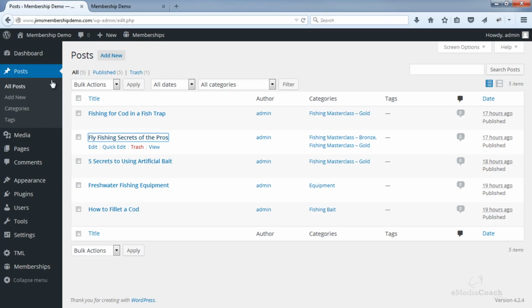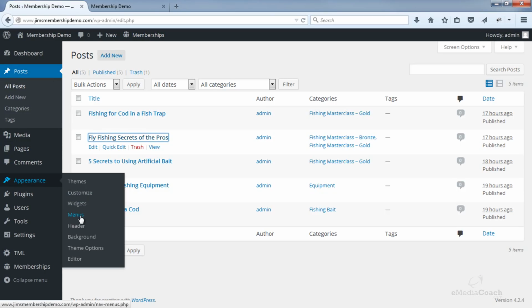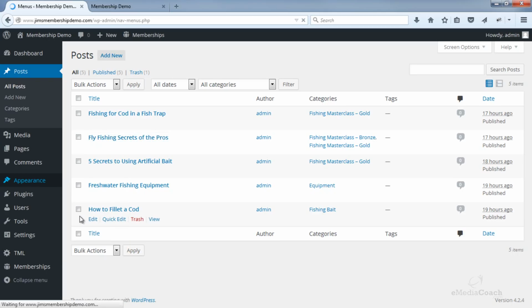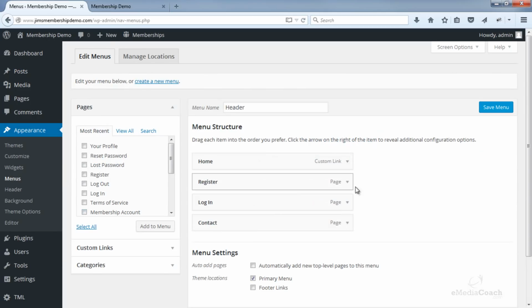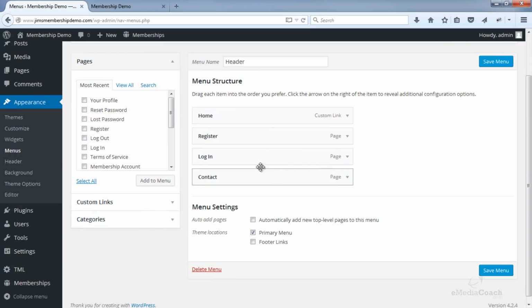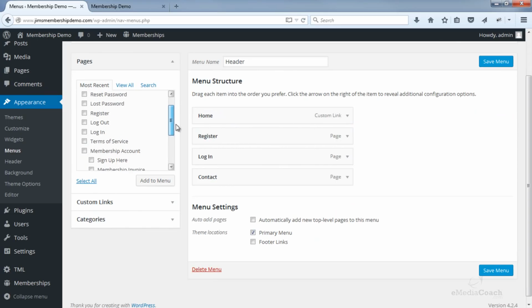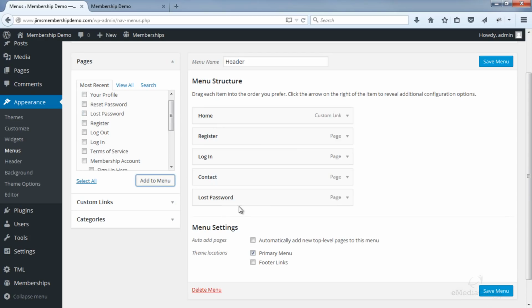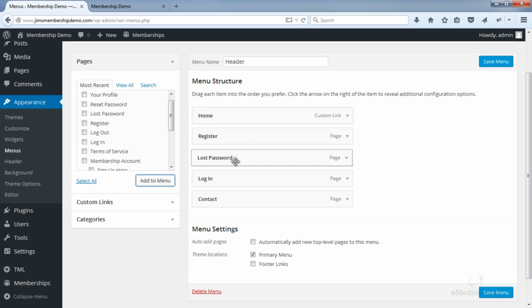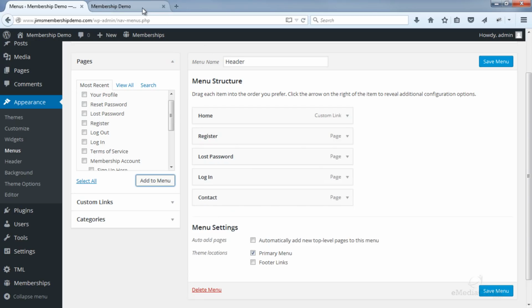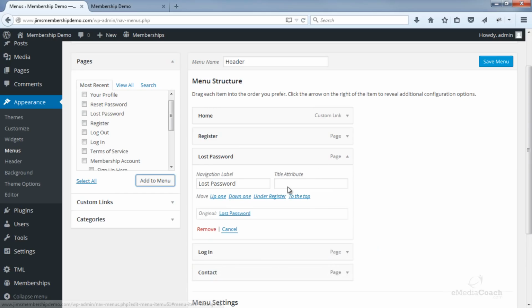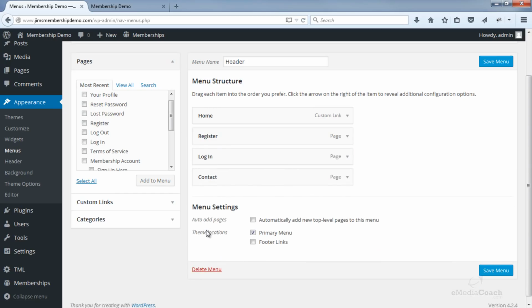So back in your WordPress dashboard, under Appearance, you'll see there's a link for menu. Now this is a very intuitive drag and drop system. For any items that you want to add, you can either select them from the pages list. As an example, tick that and add to menu. You can rearrange items, and then when you save, they will appear in that order in the menu. You can delete just by expanding and clicking the remove link.